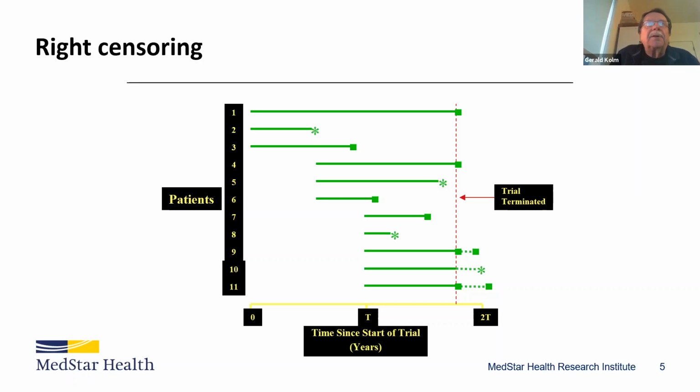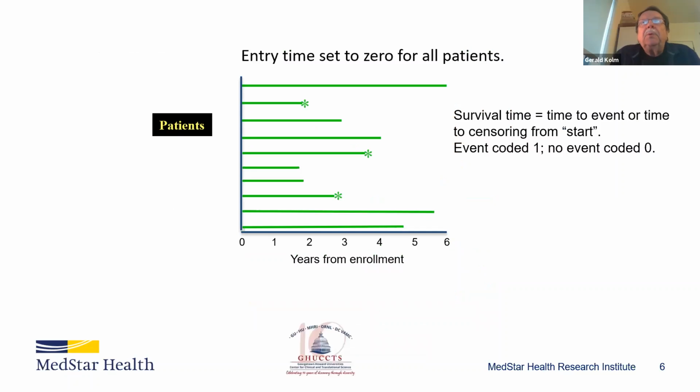A major point here is that patients can enter the study at different time points. But when we go to do the analysis, each patient entry time is set to 0. And so their survival time is from whenever they started, whatever that might be, to whenever the event occurs or whenever they're censored. And so on the horizontal axis here, you can see that we have, for example, years from enrollment, or